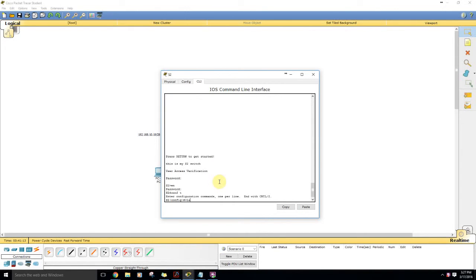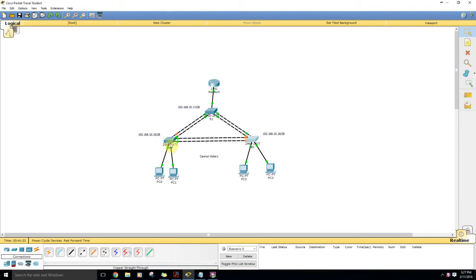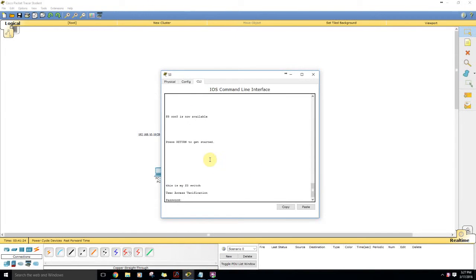Conf t, VLAN 10 and VLAN 20. And let's do the same thing on our S3. VLAN 10, VLAN 20. Alright, so now that our VLANs are created,